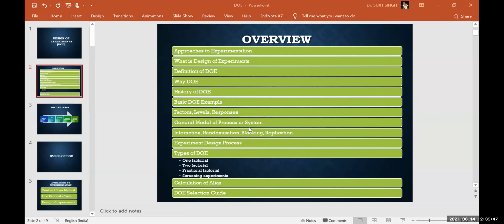Then the general model of a process or system, how that happens, what the general model is, like input, output, and controllable variables, non-controllable variables, all of that involved in any process or system. Then we are going to learn about the interaction, randomization, blocking, and replication, and what is the purpose of all these. Then we are going to have the experimental design process,